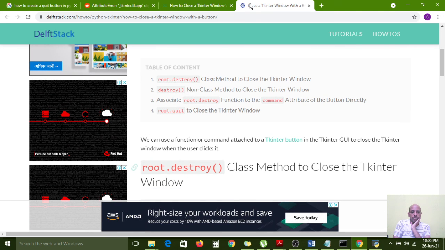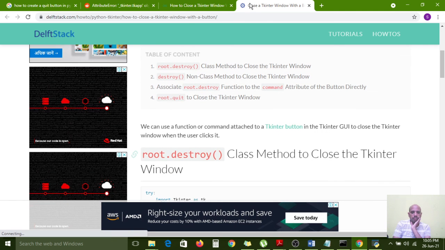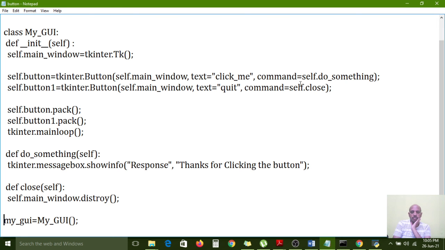Class method root.destroy. Here we can use the destroy method now. So now I am removing this one. self.main_window.destroy method I am using.